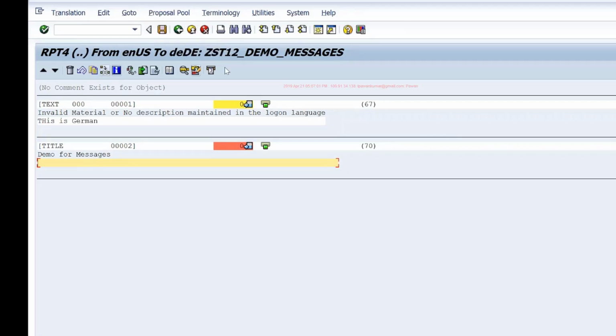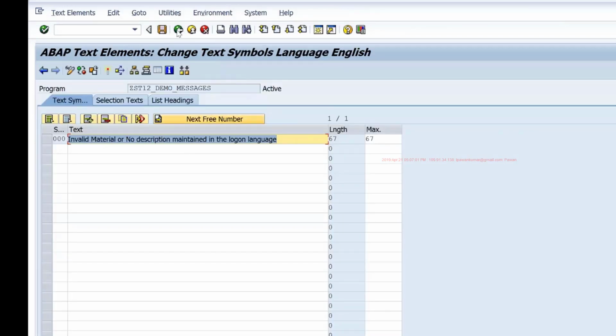Okay. And SAP system supports more than 23 languages. So if you want to maintain translations in all those languages, then you have to manually maintain translations for each language. If the translation doesn't exist in a particular language, then it will display a blank message. So that's why you have to maintain translations for all the languages. But generally the functional guy will know which countries are using this application and what their logon language is. So accordingly, we'll maintain for those countries only. So here you can maintain the translation for these messages.